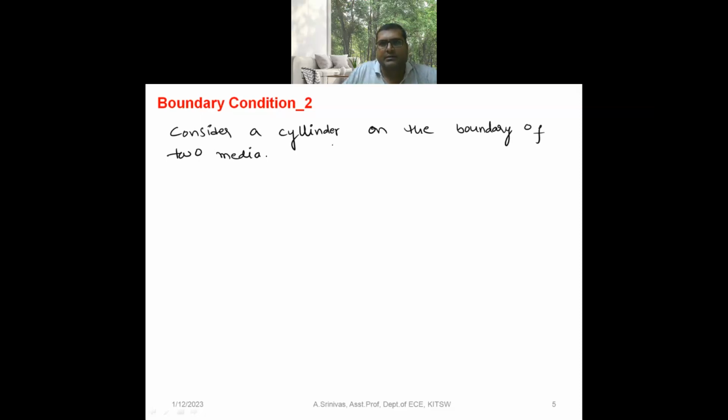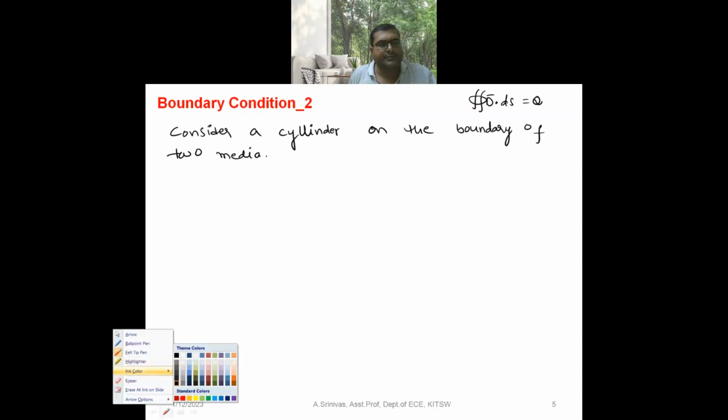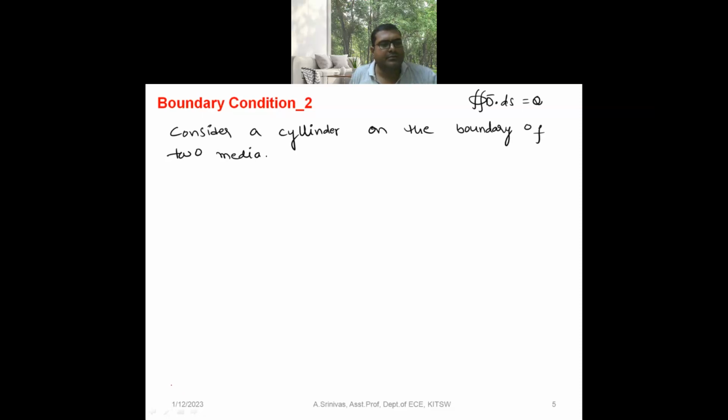Here, condition 2 can be derived based on Gauss law, that is closed surface integral of D dot dS is equal to Q. It is boundary z equal to 0 plane. It is a cylinder,